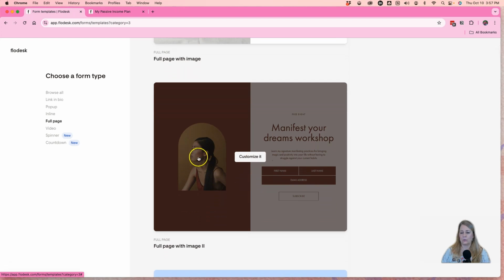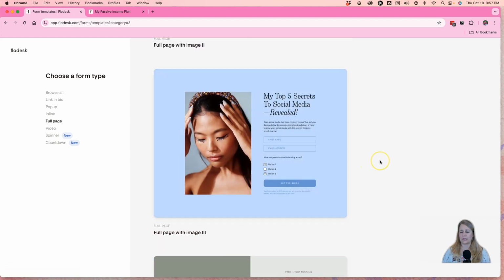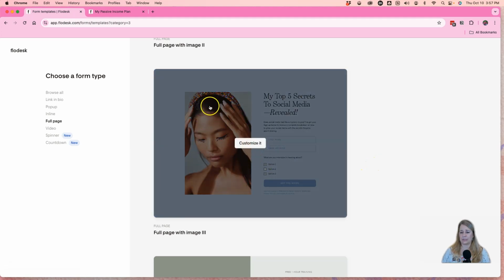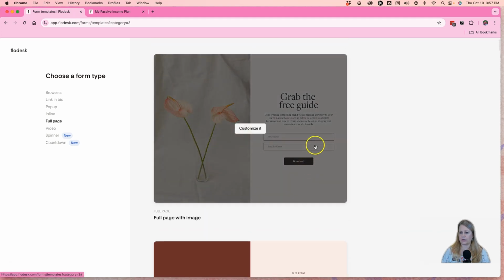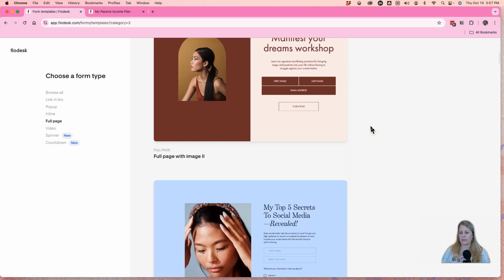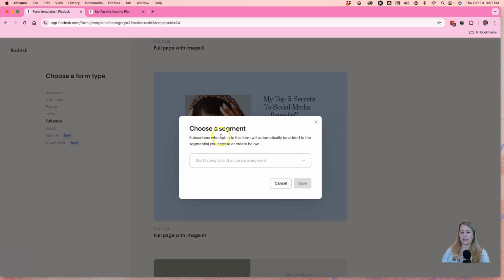This one is cool too, but this one is one I use kind of more often, and the image is not the full page. It's kind of set into the page. And then also this one up here just has 2 places for text, your headline and then here, whereas this one has some extra text here under the button, and I'm going to show you why we want that here in a minute. So we're just going to click Customize, and then it's going to ask you right away to